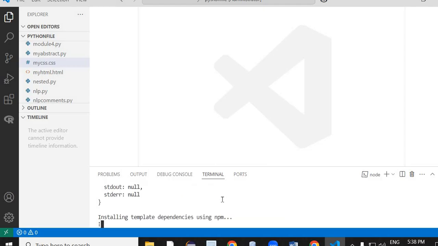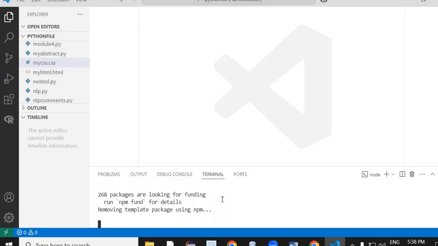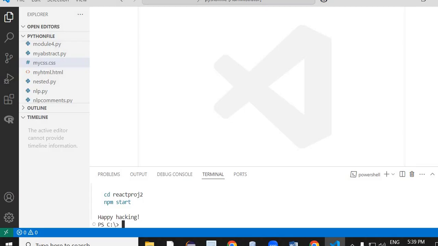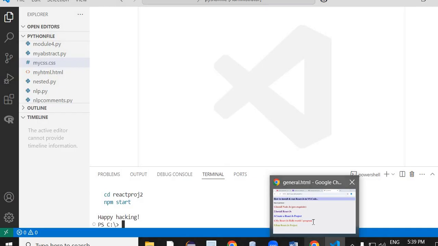So now after this it is installing the template and other dependencies from npm. With the help of npm, all the dependencies will be installed. Now it is done. So once it has been done, just go back please, and here we